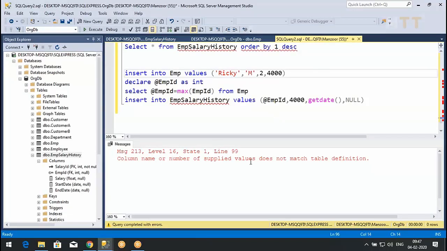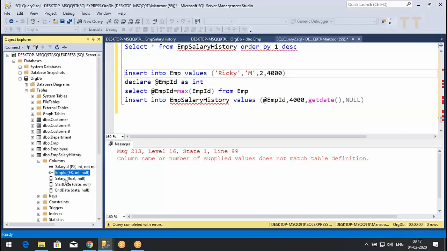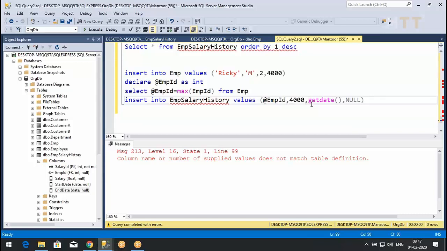Column name or number of supplied value do not match with the table definition. Employee ID, salary, start date and end date. See, get date will give us the date.